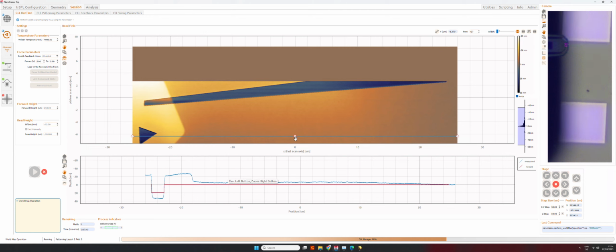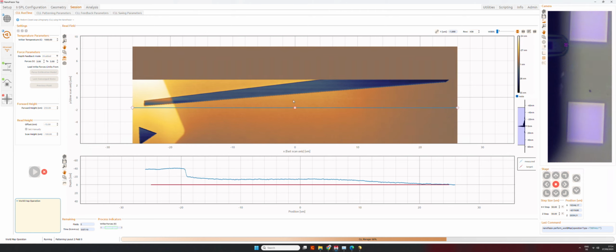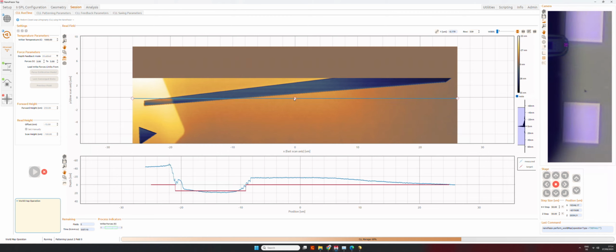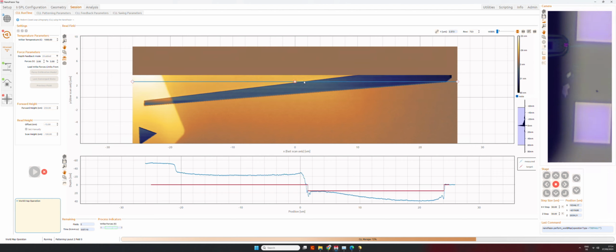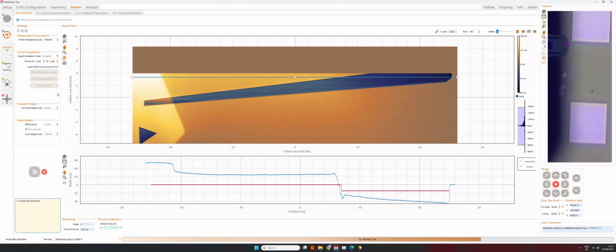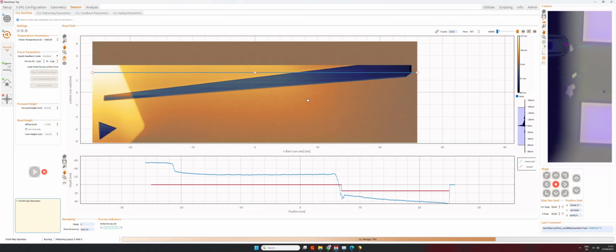Here we have a depth of around 40. Here we have a depth of around 30, 40-ish. And again, patterning with feedback disabled is quite helpful in this case.